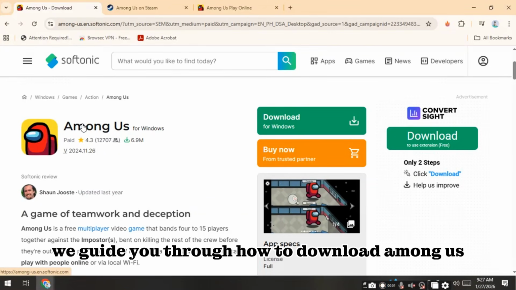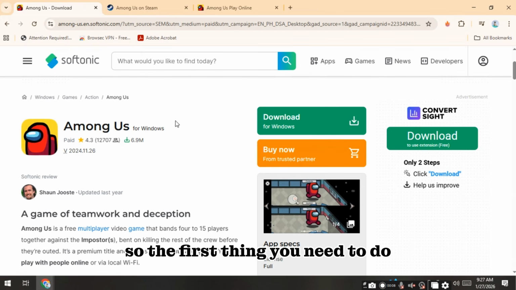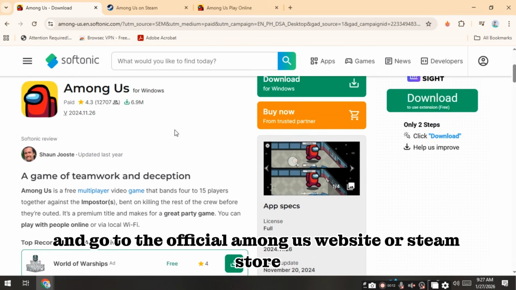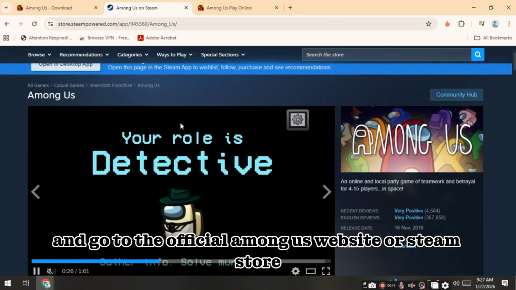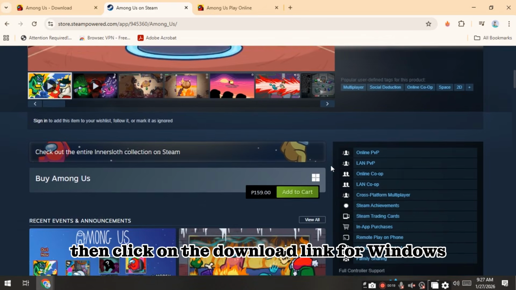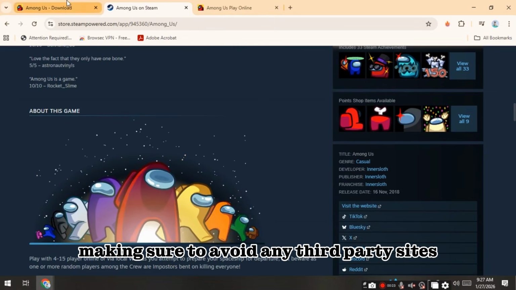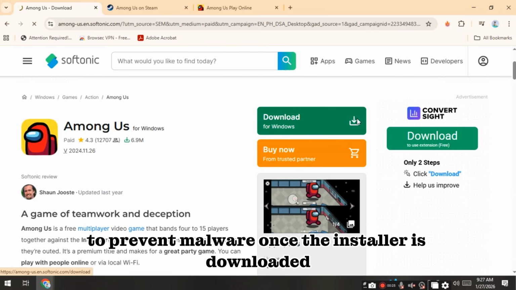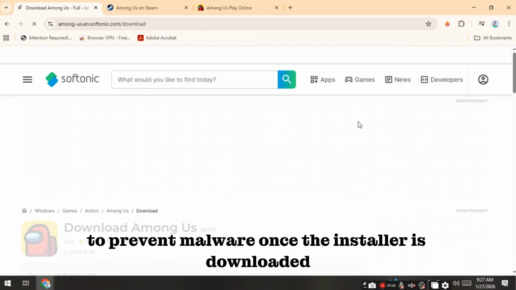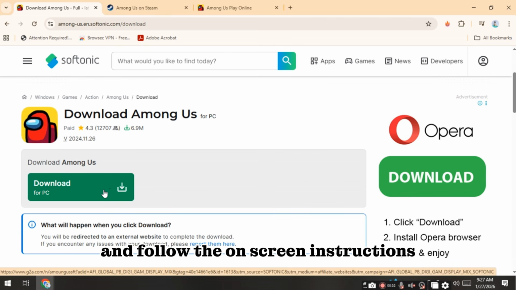We guide you through how to download Among Us on your PC or laptop in 2026. So, the first thing you need to do is to open your preferred browser and go to the official Among Us website or Steam store, then click on the download link for Windows, making sure to avoid any third party sites to prevent malware. Once the installer is downloaded, double click the file and follow the on screen instructions to